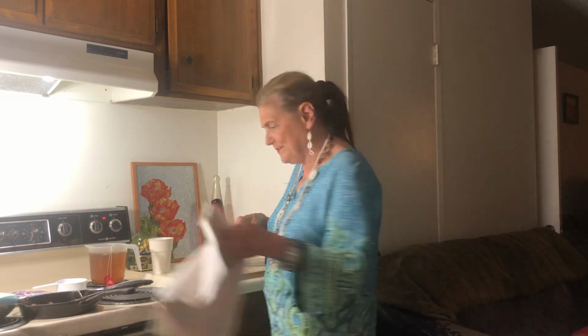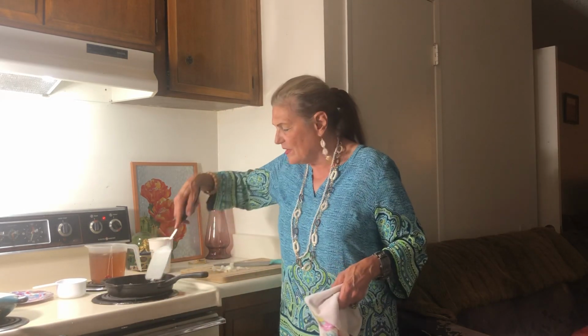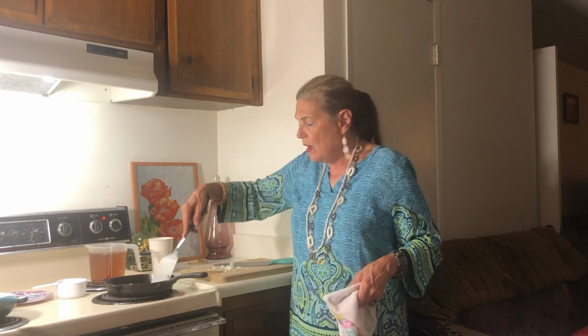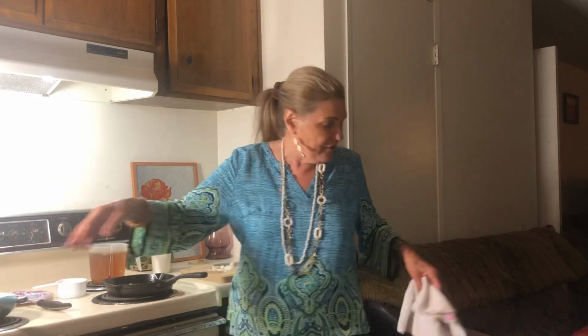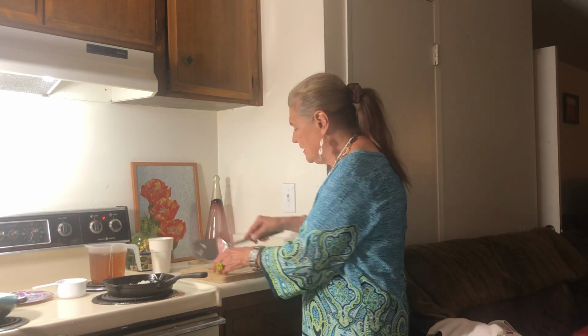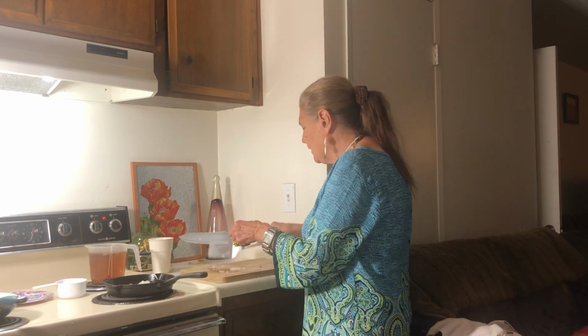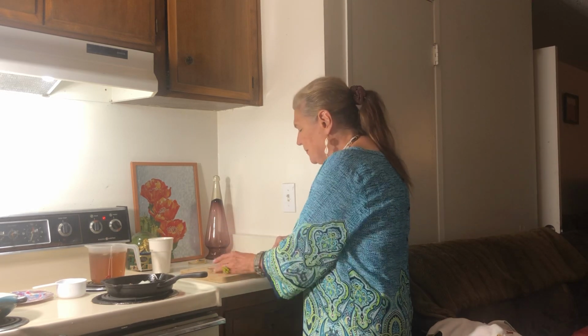Awful hot. Okay, so I have a little bit of oil in there. That's okay, it needs a little bit. This would be a good stir fry if you wanted to add rice and go in that direction. So I have a little onion. So hamburger and onion, and you can,